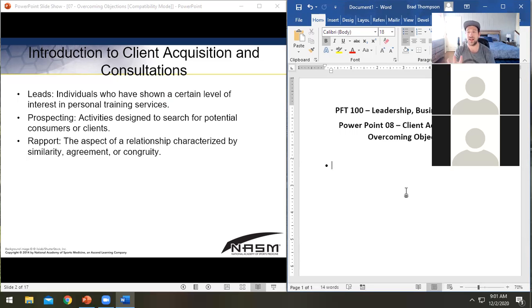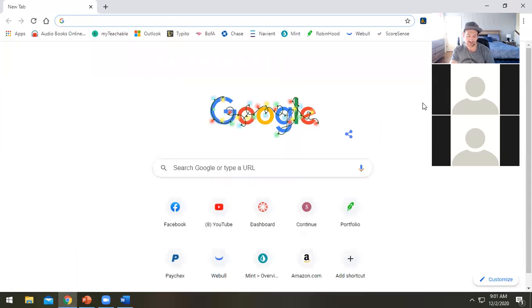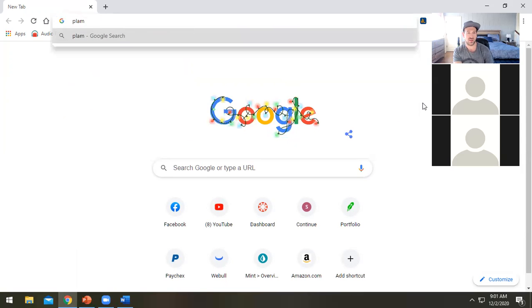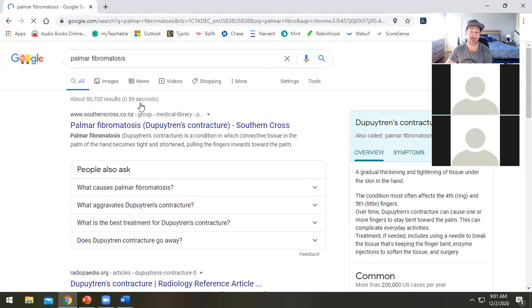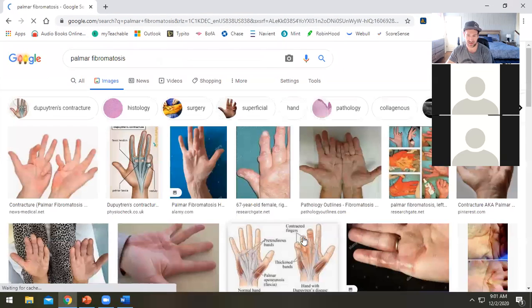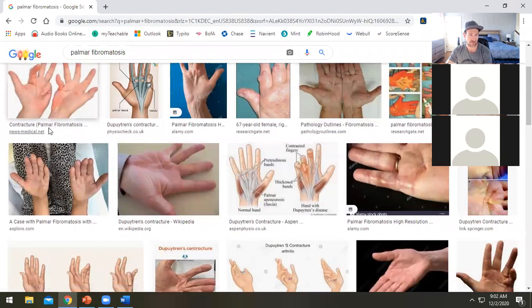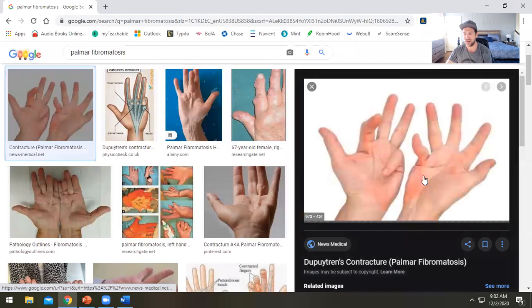One more weird analogous example here. My dad is totally an example of somebody who is in his own way, and he's afraid of stuff. So this is just going to be a fun fact for you. A weird thing that runs in my family is what's called a Dupuytren's contracture. It's named after some French guy, but it's palmar fibromatosis. And my dad's hand looks like this. If you look at his hand, it kind of looks like this, where it's stuck.